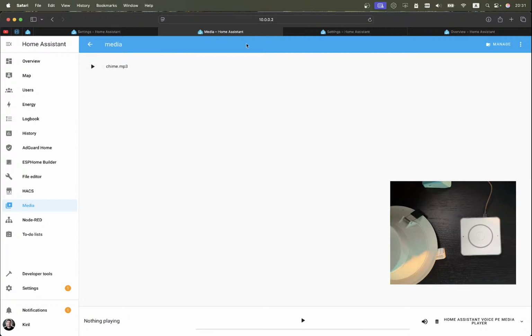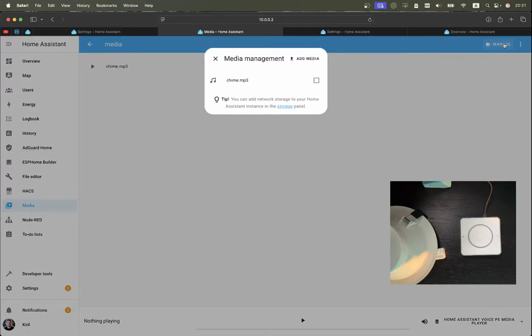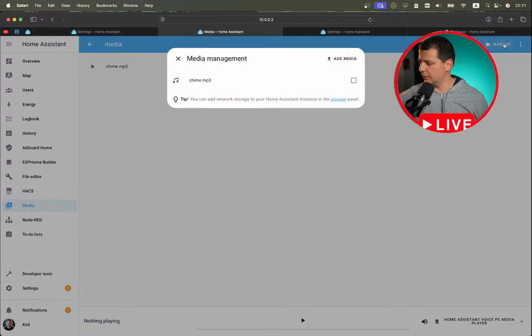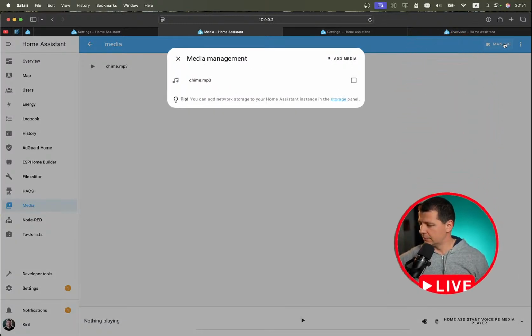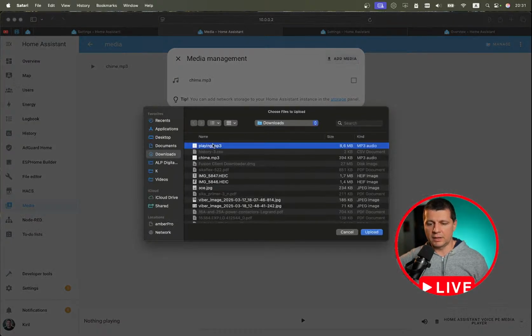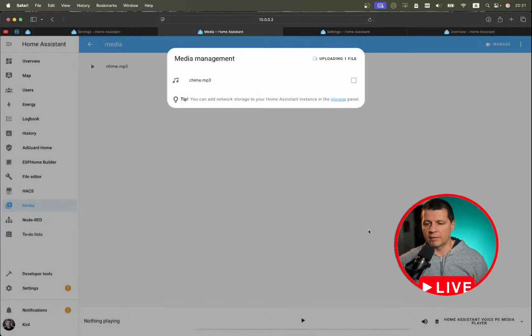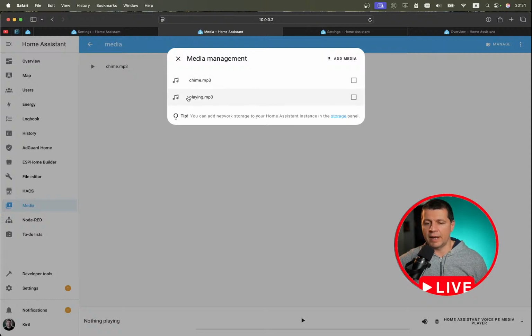To upload a file here, you have to click on Manage. Let me change the screen because I want you to see me. You have to click on Manage, Add Media, and you can upload media here. Waves, MP3s, whatever. You have to click on Upload, and now I have two MP3 files that I can use